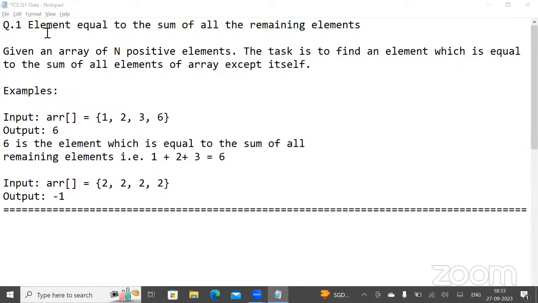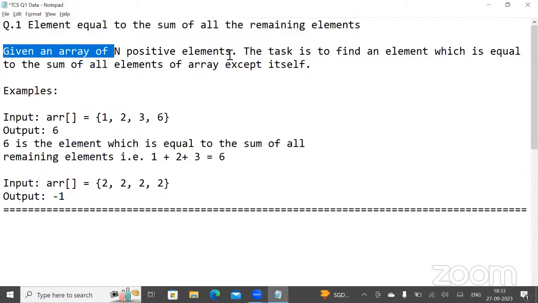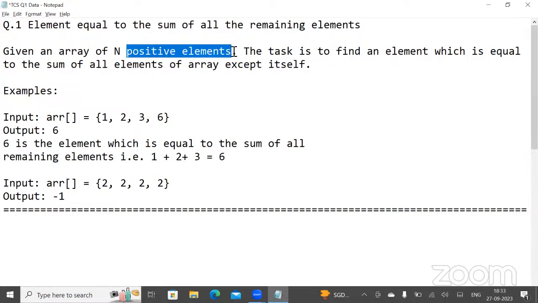The title of our question is: the element equal to the sum of all the remaining elements. In the description, we are given an array with n positive elements, which means the size of the array is n, and all elements are positive values.